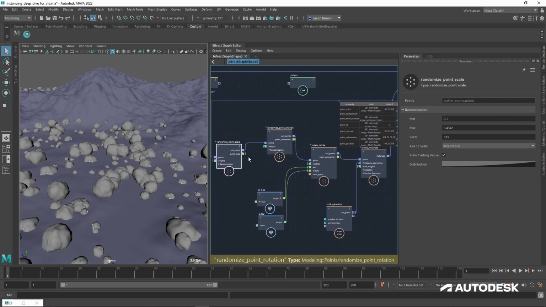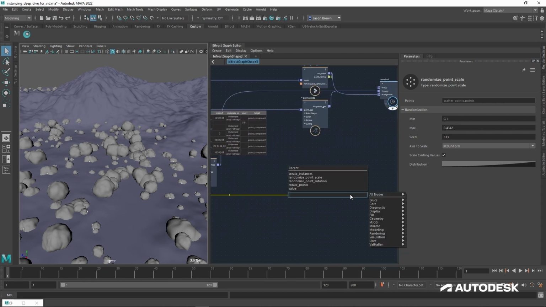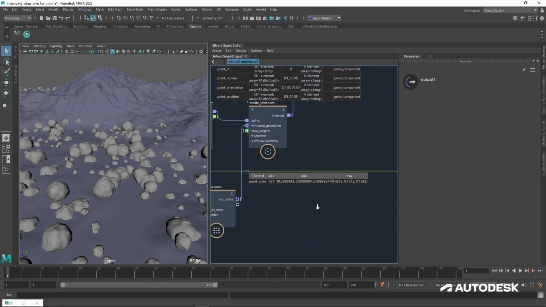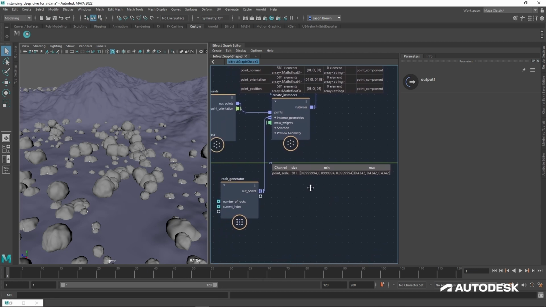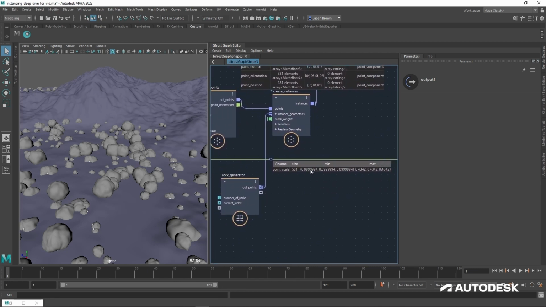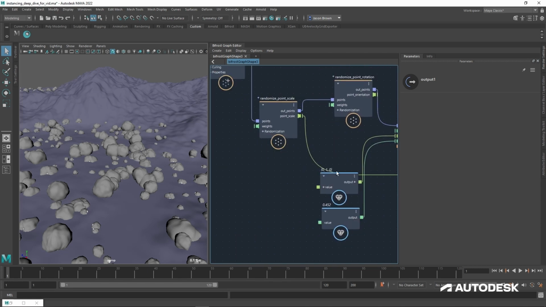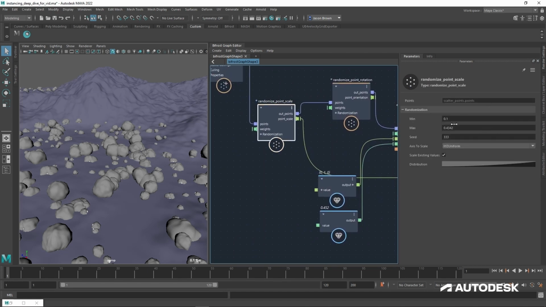If I wanted to take a quick look at the point scale, let's throw that into an output node so we can get a reading off the watch point. So at the moment, our point scale, its minimum is 0.09 and its maximum is 0.4 because this is what we've set our min and max to in the random.